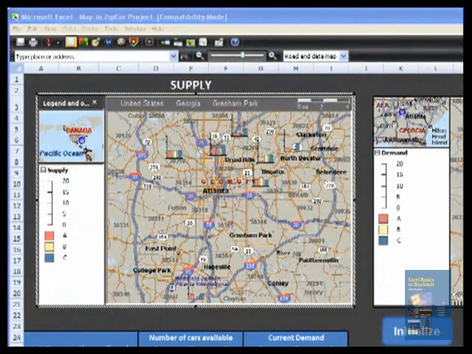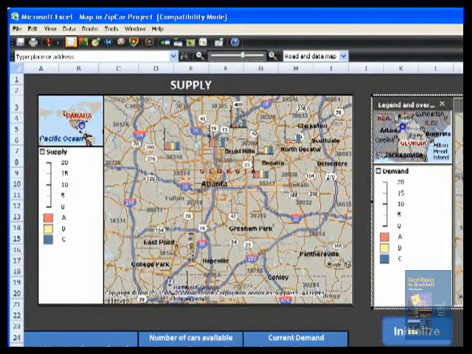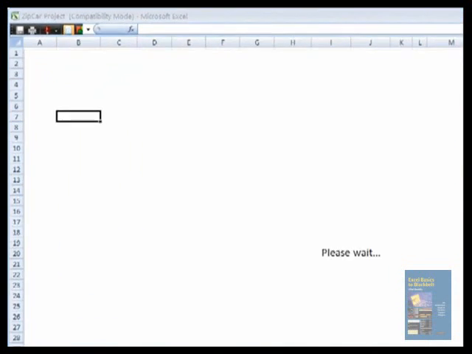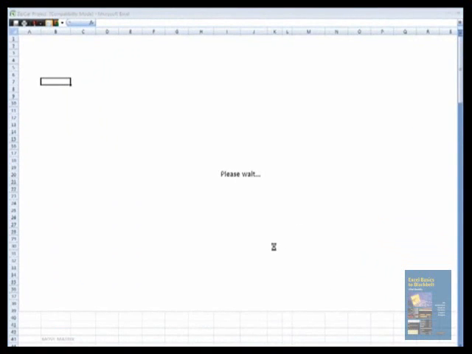After it's done that, it will then proceed to calculate a kind of 2x2 cost matrix, which it's doing now. What it's doing here is calculating the cost of moving cars from one location to another, for every possible combination of moving cars between these different Zipcar locations. We make use of MapPoint's route calculation functionality to calculate actual route distances and the costs associated with them, parameters for which can be customized within the MapPoint interface.